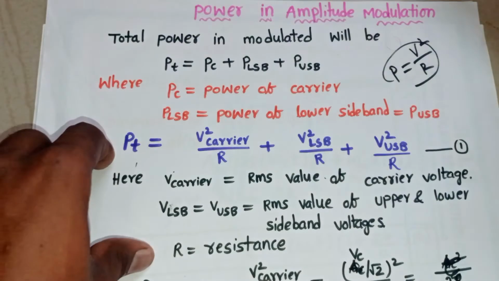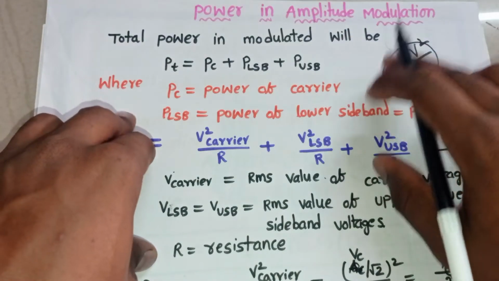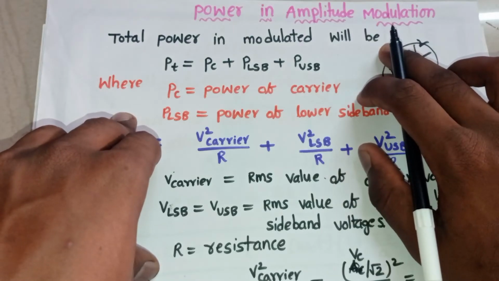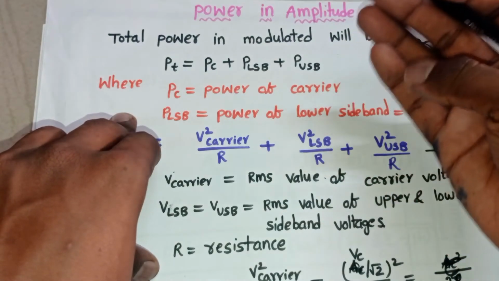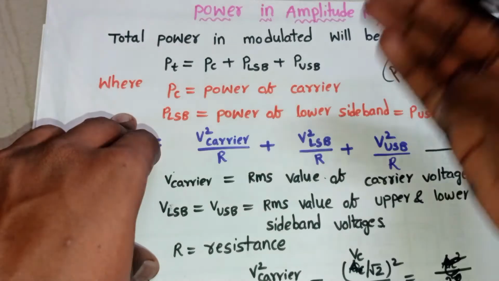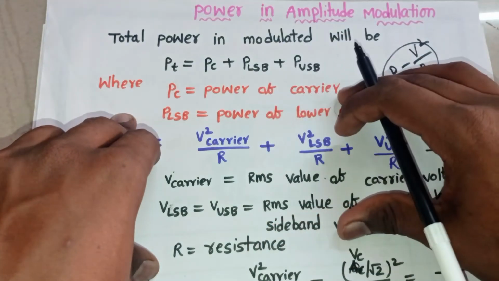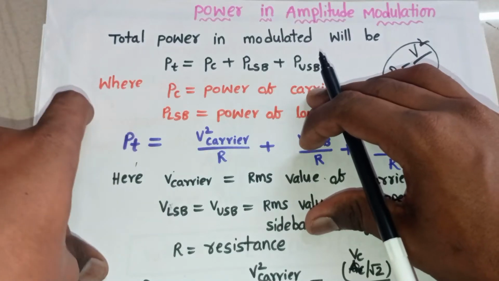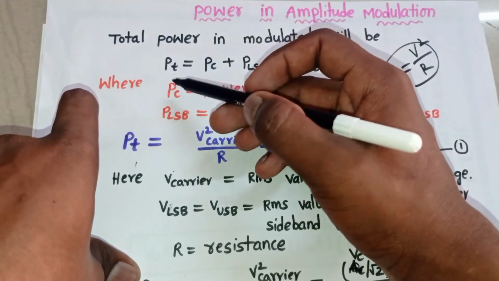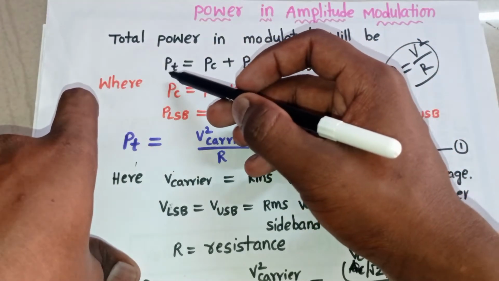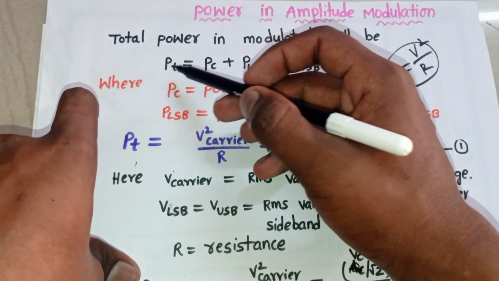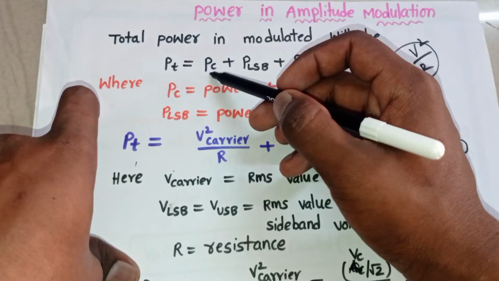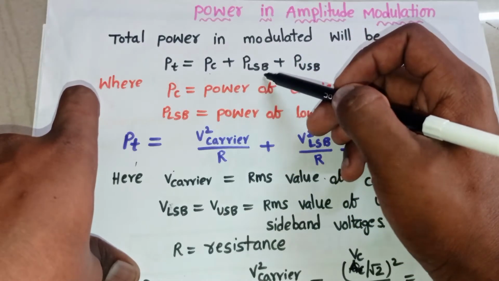Now, the power of the modulated signal of amplitude modulation is nothing but the power of carrier plus power of lower sideband plus power of upper sideband. The addition of these three powers is the power of the amplitude modulated wave. That is, PT, the total power, equals PC, the carrier power, plus PLSB